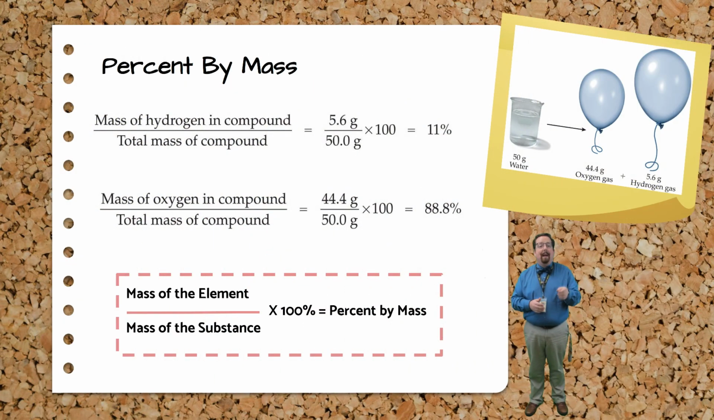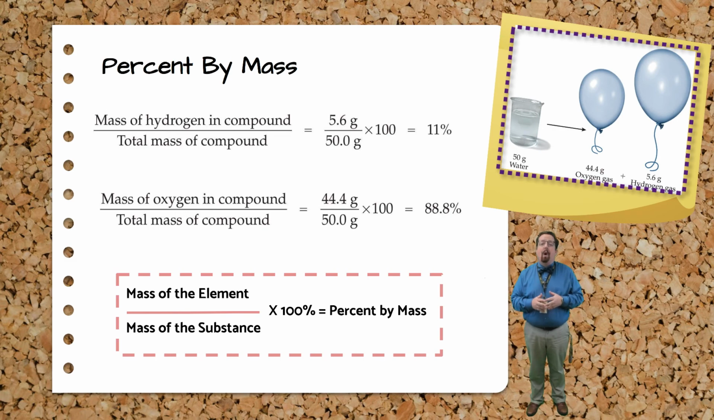What's percent by mass, you say? Great question. The percent by mass is simply a ratio of the mass of whichever element you're talking about to the mass of the whole substance. We find it by taking the mass of the element divided by the mass of the whole substance, then multiplying by 100%. So for example, if we took water, H2O, and separated it into its separate elements, hydrogen gas and